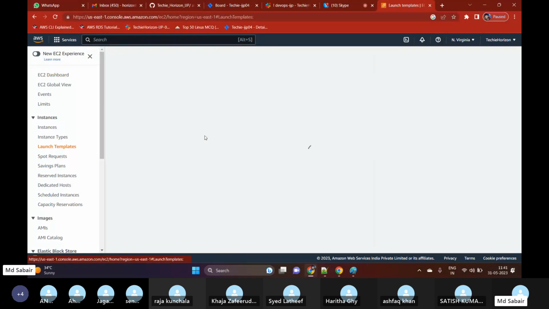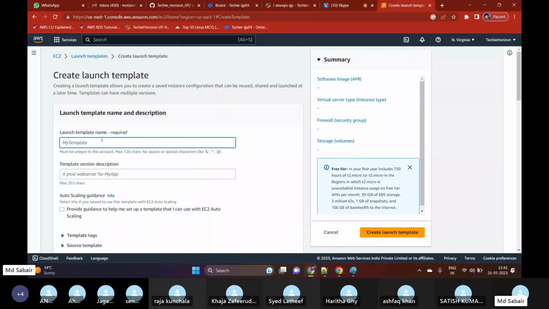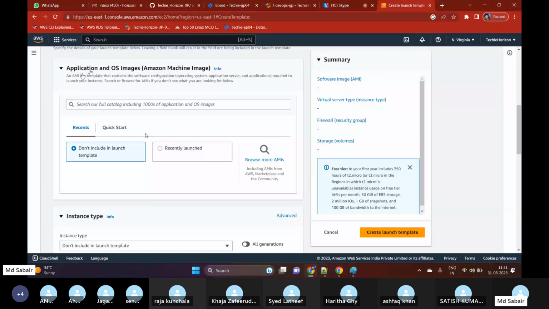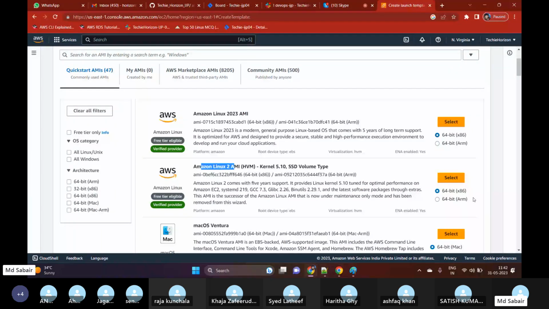Here we can see the templates. Let me click on create launch template. The name will be test launch template. Which version of the template are we creating? For example, v1, version 1. If I scroll down, it asks what image it should use. If I go to browse AMIs, I want to use the Amazon Linux 2 AMI. If I click select,